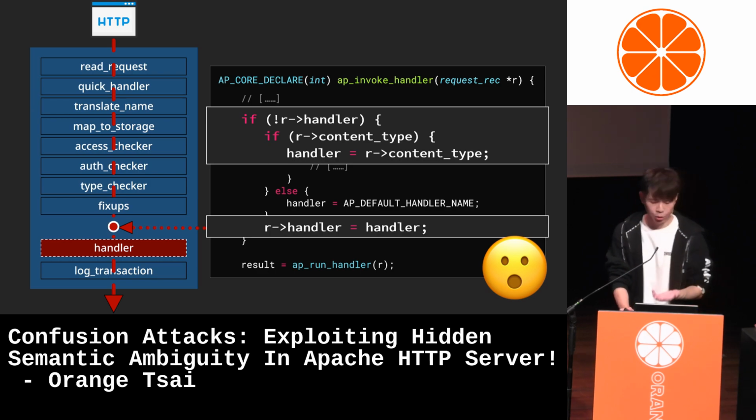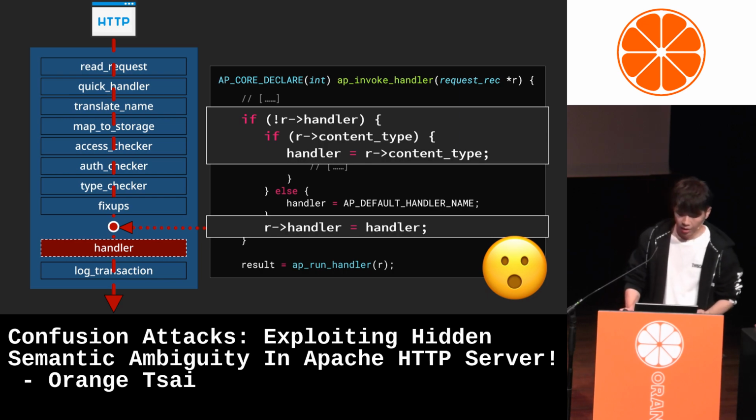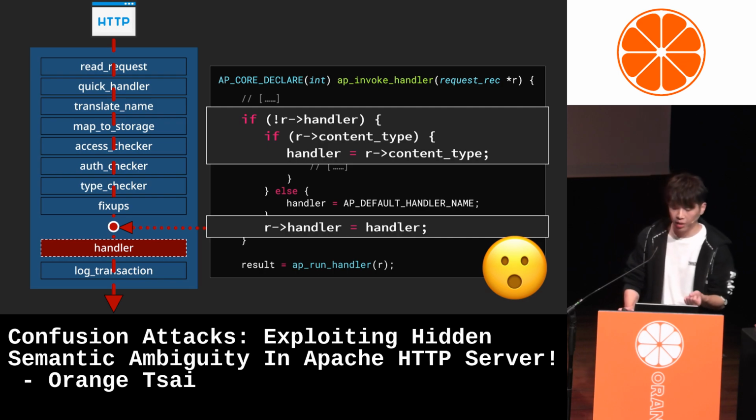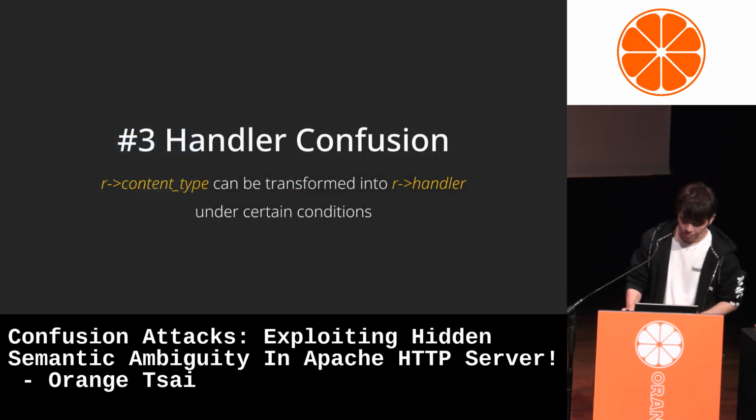Before Apache enters the main handler for processing the HTTP, if the handler field is empty, Apache will take the value in the field of content type as its handler.